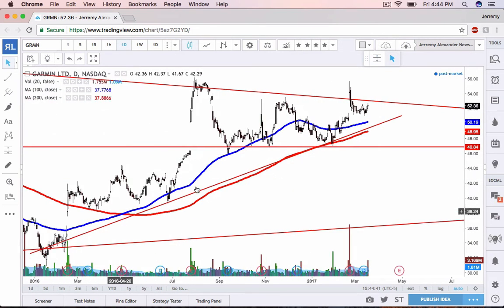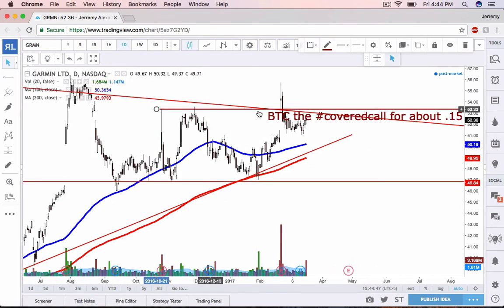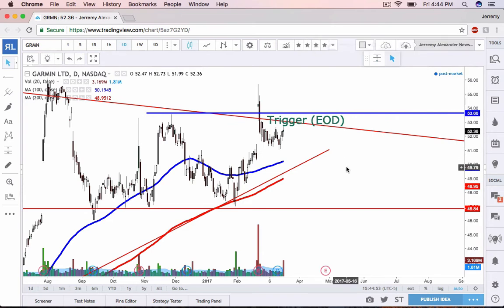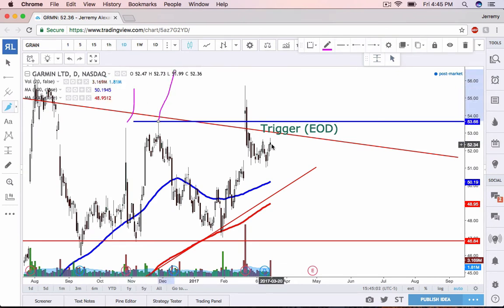But based on this gap and just kind of the overall trend that we have in here, this is what I would like to see on Garmin. So if I was creating a plan on Garmin, this is exactly what I'd be looking for. I want to close above this resistance. So the resistance here, and here's the wicks that I'm looking at specifically. So the wick, this wick, and this wick, I want to close above there. So I would want a close above, and then once it proved to myself with good volume and good candles,